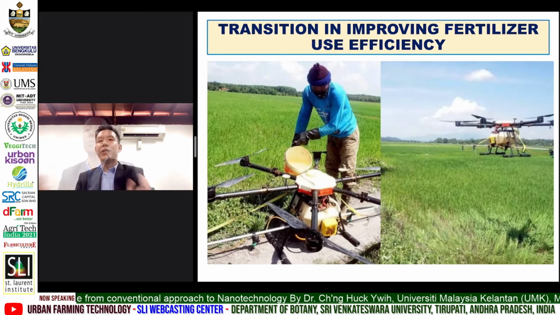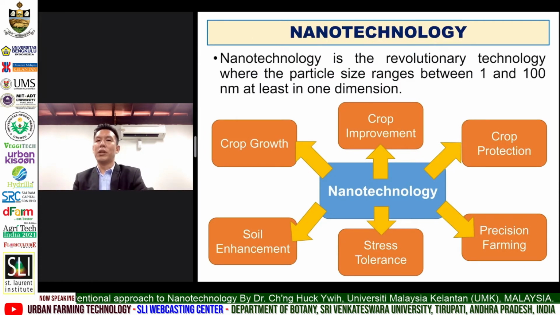Next, we move to today's modern technology called nanotechnology, which is also the core topic of today's talk. The recent advancement in the fabrication of nanomaterials of different sizes and shapes has yielded a wide array of applications in medicine, environmental science, agriculture, and food processing. So throughout history, agriculture has always benefited from these innovations.